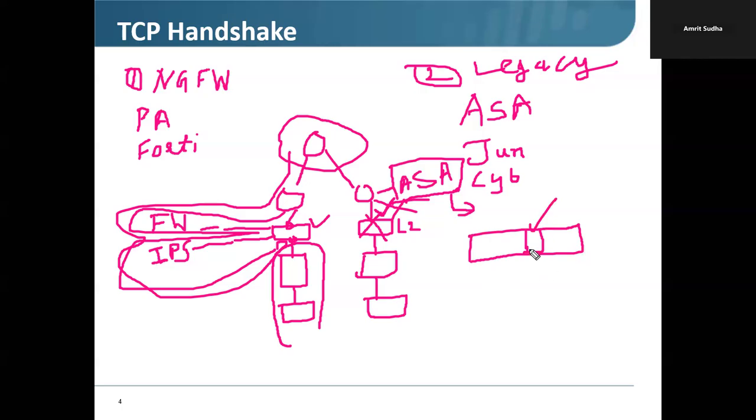So if you are using the legacy firewall, you can inspect the traffic till layer 3 or layer 4 only. But if you want to inspect the packet till the application layer, you need to install the IPS engine separately. Later, they merged